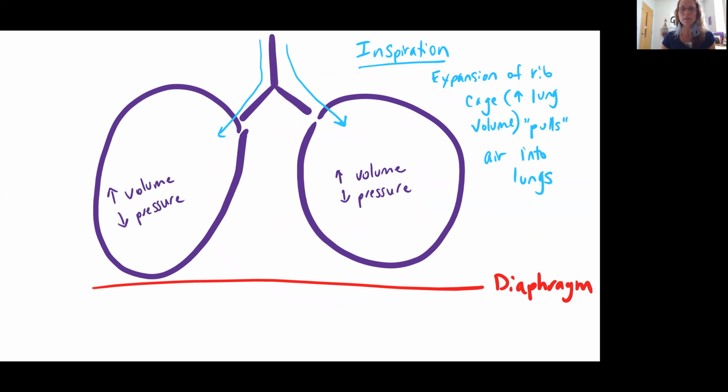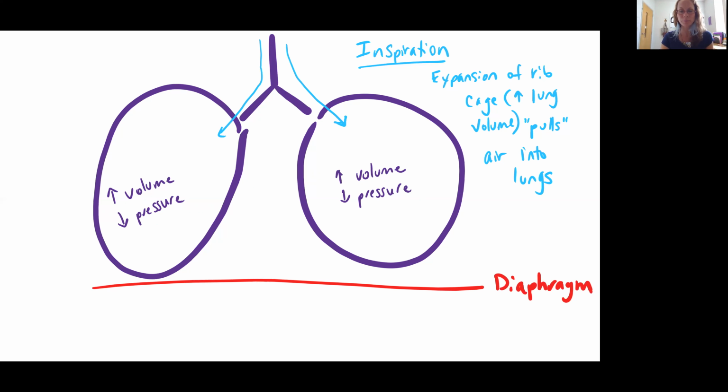At your inspiration, this is your inhale, you're going to expand your rib cage. When you physically expand the rib cage, you're going to be increasing your lung volume. When you do that, that's going to pull air into the lungs because you have increased the volume in your lungs, reduced the pressure in your lungs compared to the atmosphere, and so that's going to suck air